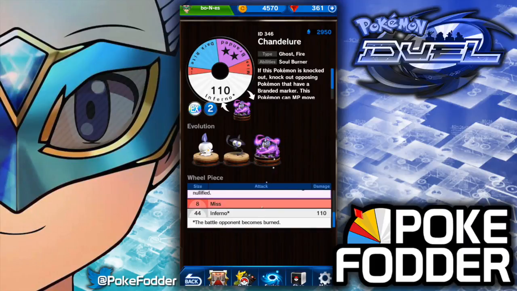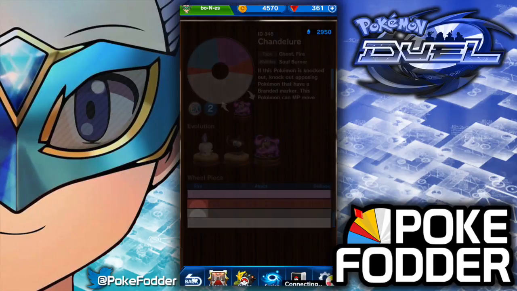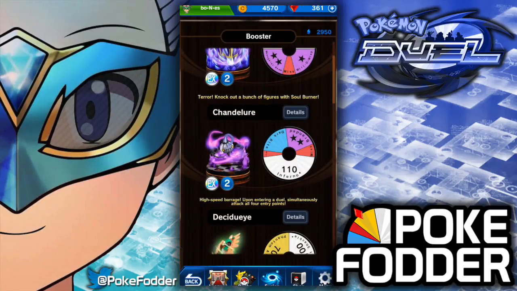super duper situational. And then you have a 44 wheel slice, so it's actually 53. That's a really, at level 10, that is really large. And it's a 110, the battle opponent becomes burned if you get knocked out. A lot going on with this Pokemon, and I'm not sure. I think it's a super cool looking Pokemon, but I'm not sure that there's somebody that's a lot smarter than me that'll figure out a way to make this work, and I'm eager